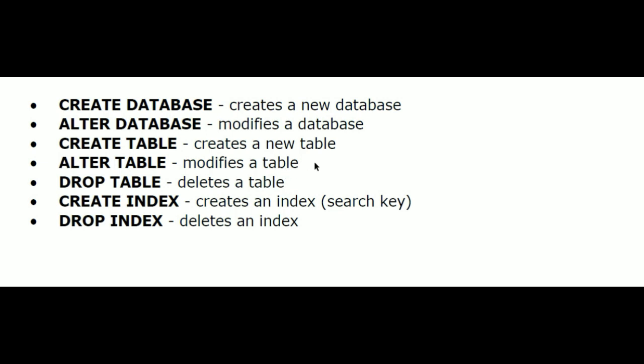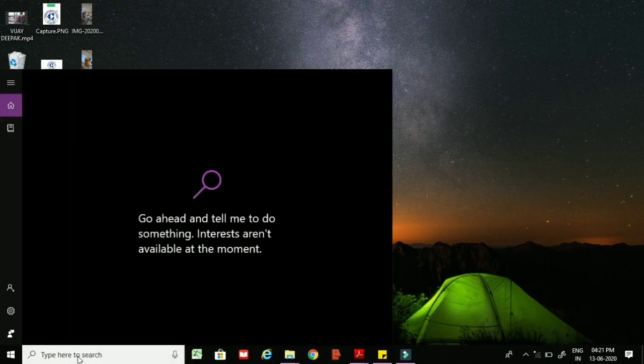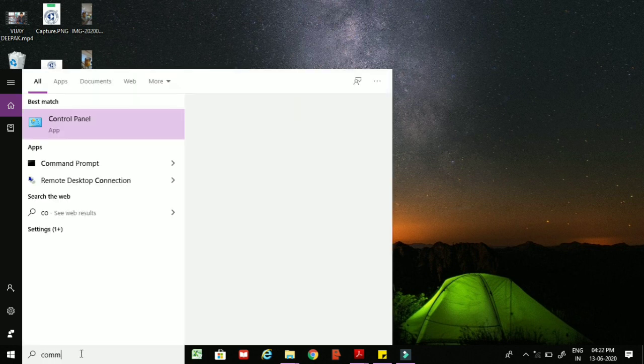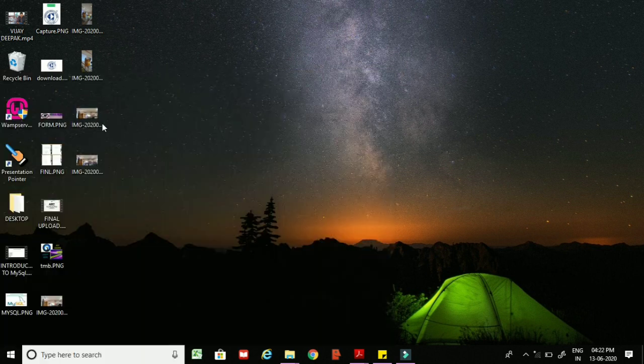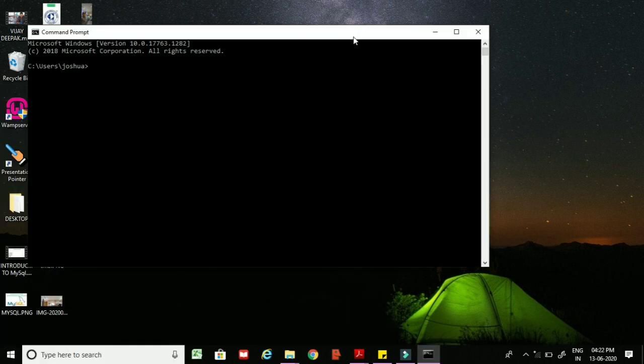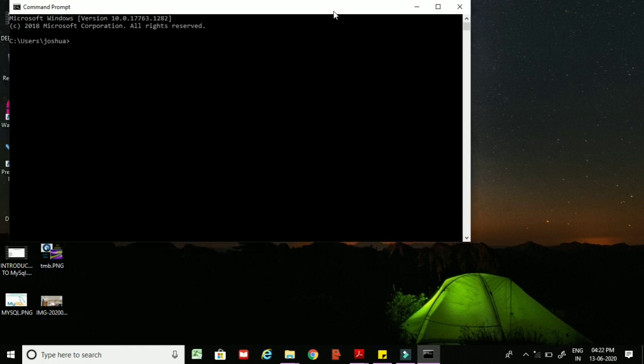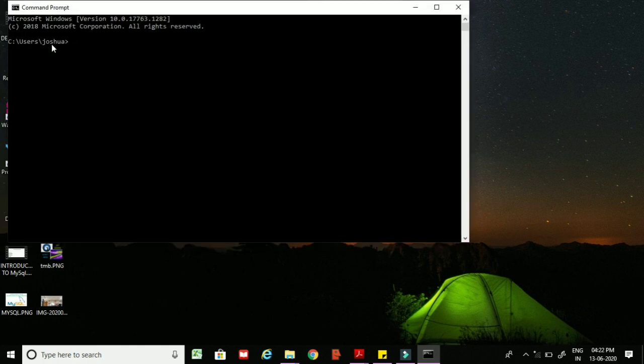To open the MySQL command line interface, go to the search bar and type cmd. Now you will have the command prompt here, so click on that. After getting the command prompt, my default directory is C:\Users and my name.